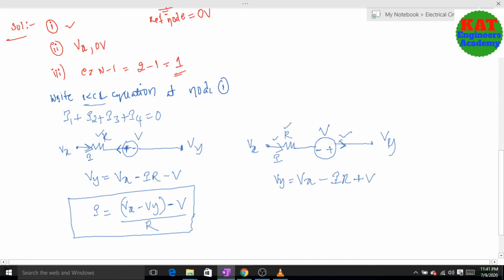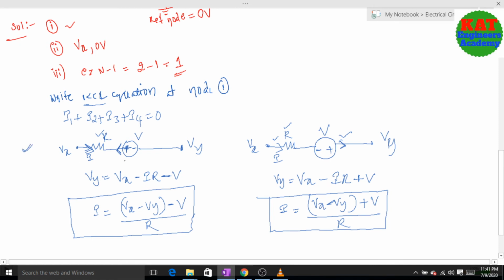In the previous case these two are in opposite directions. Our direction is opposite to the voltage, so at that time we consider the negative V. Now here this is to be positive V. So from this we can get I equal to Vx minus Vy plus V by R. Finally, I equals higher potential Vx minus lower potential, plus V by R. So now you have to write the I current equations based on these two techniques.